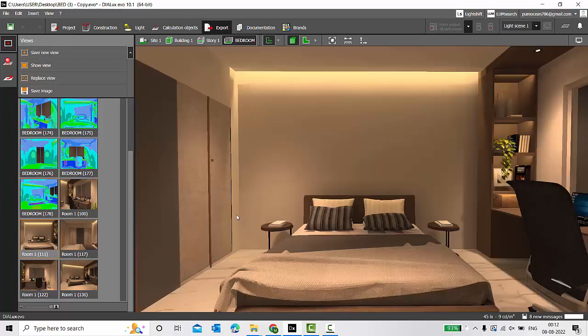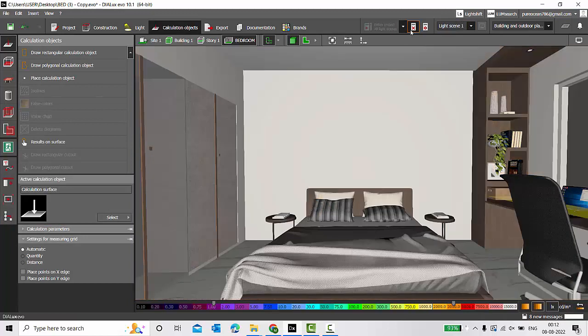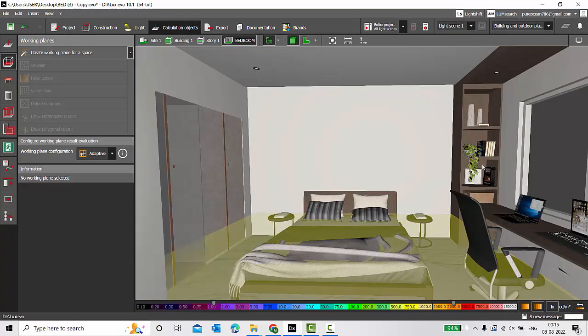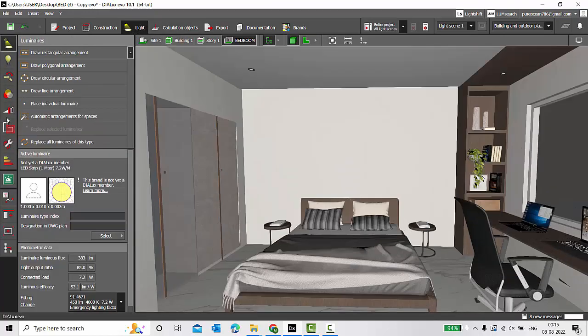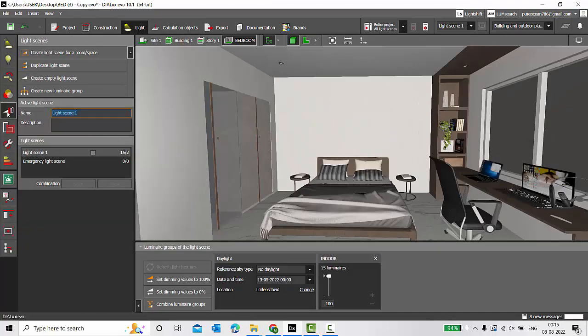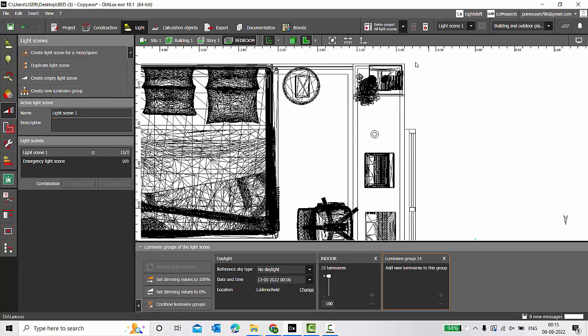Okay, we have finished saving the false color renders. Now let's go back to the calculation. For now I'm not going to include this joinery lighting in my calculation. To remove this, what we can do is go to the light scenes, create new luminaire group, go to the plan view,